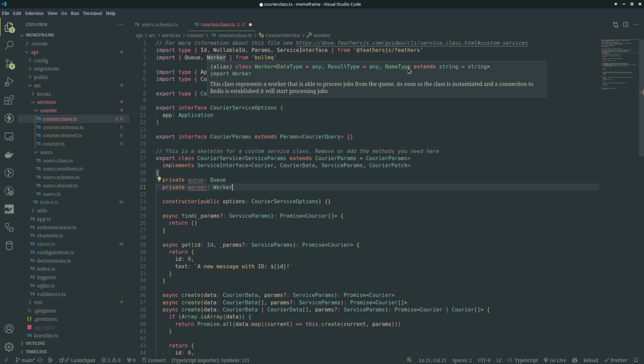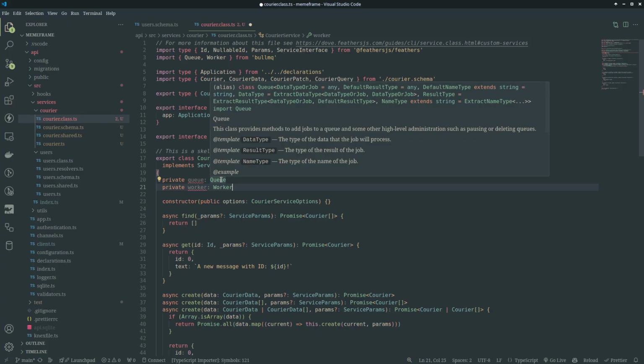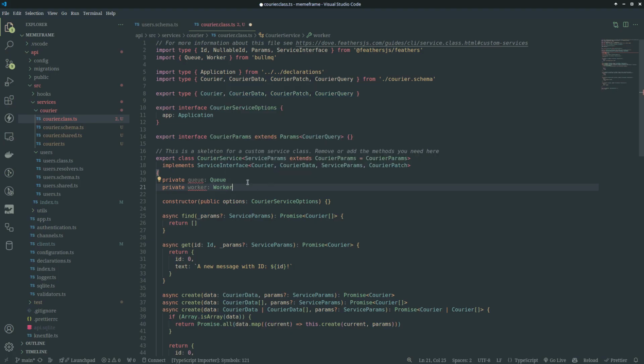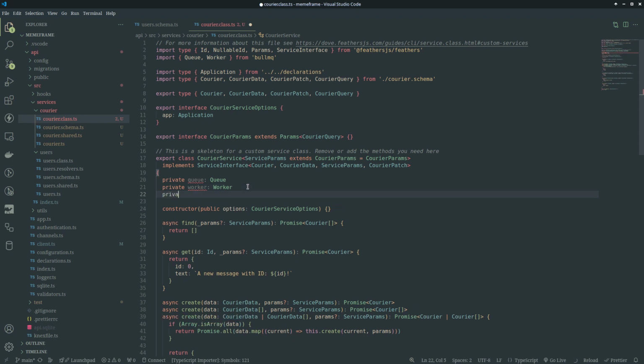So you can pass that in, and if you hover on the queue, you have something similar because all these things are generic anyway. So for the queue, you have the data type or job, the default result type, and the default name type, and you still have other things like the actual data type. You could expand this beyond just what it is. But in my case, I don't really know what I'm doing yet, so why would I? Another thing I want to do is